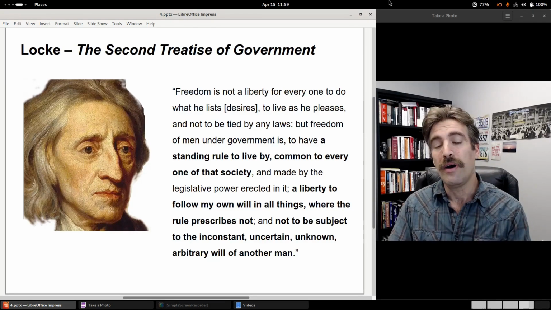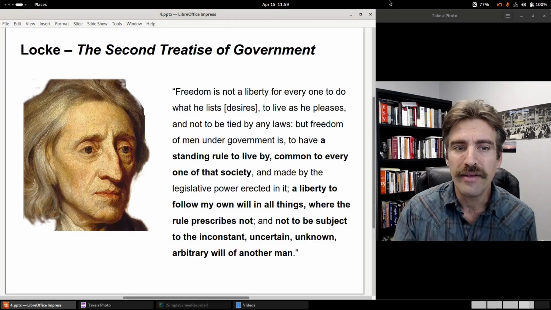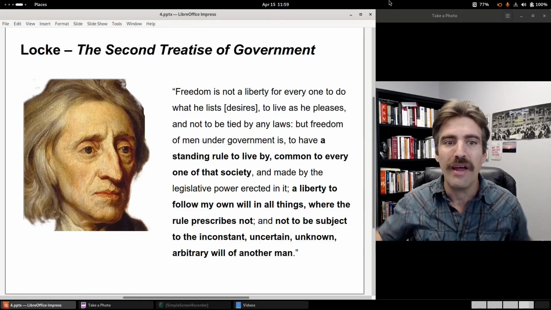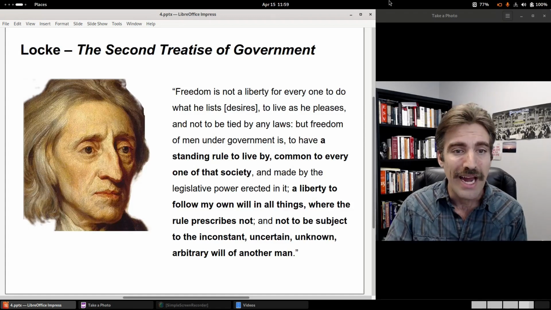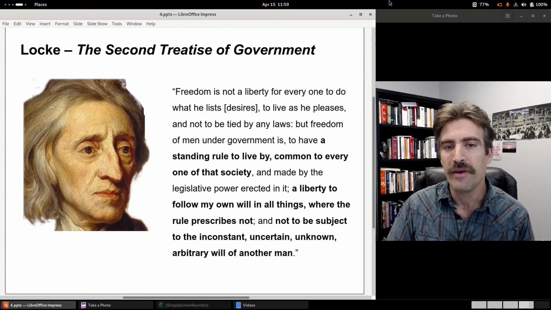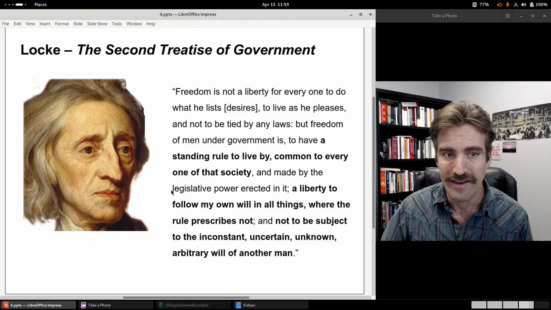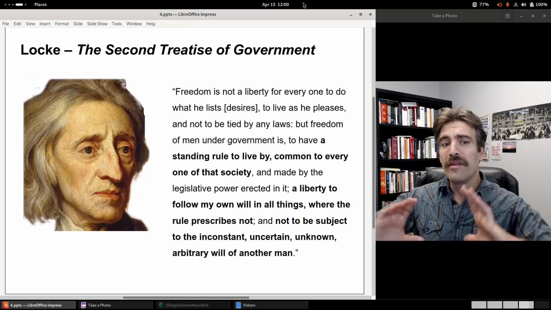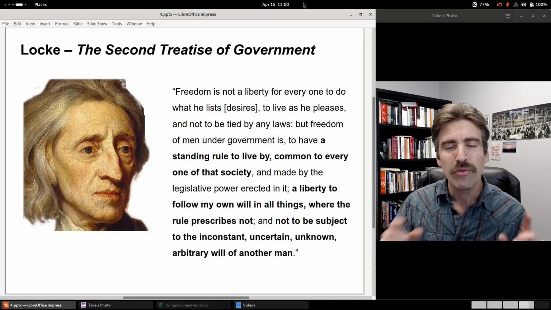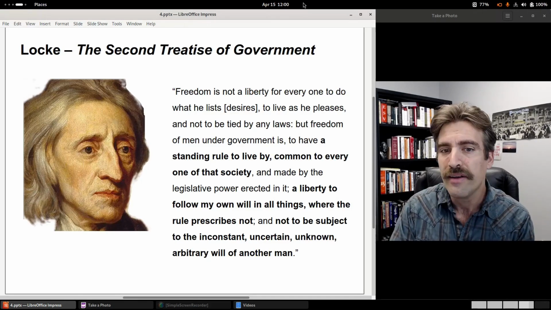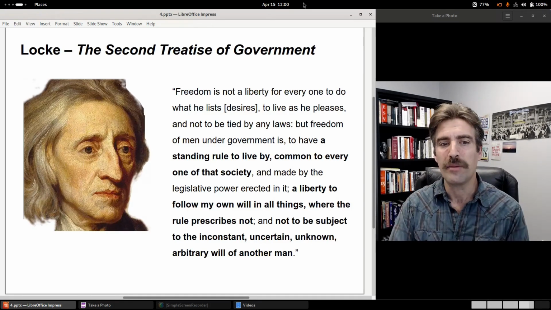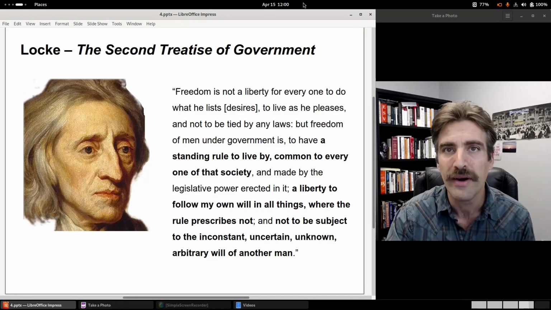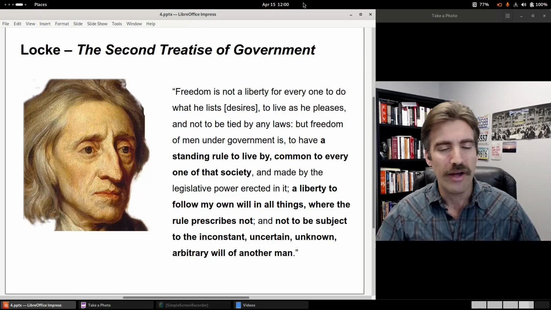Rather, freedom under government is to have a standing rule to live by, common to everyone of that society, and made by the legislative power erected in it. I'm going to talk a lot about that today. The legislative power. A liberty to follow my own will in all things where the rule prescribes not, and not to be subject to the inconstant, uncertain, unknown, arbitrary will of another man. That is freedom under the Lockean